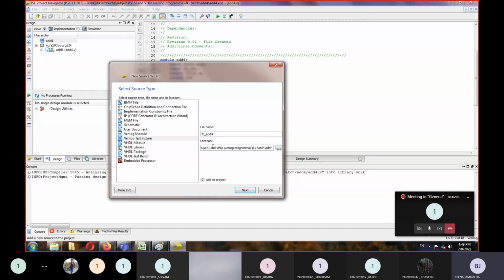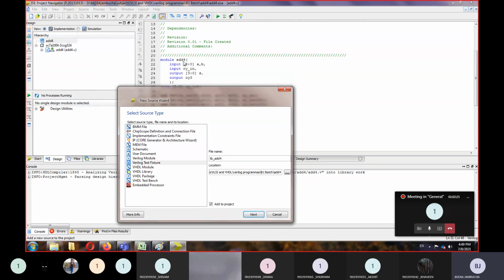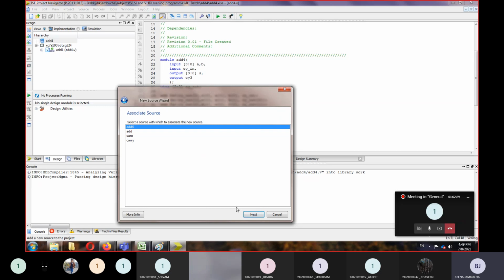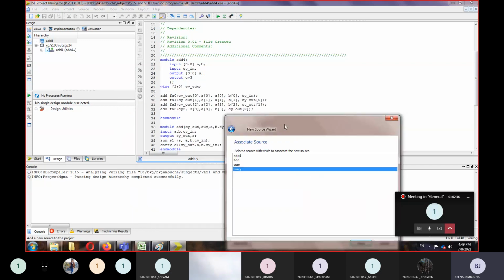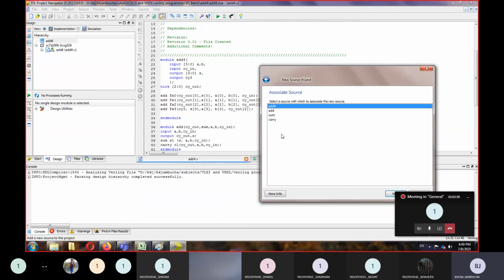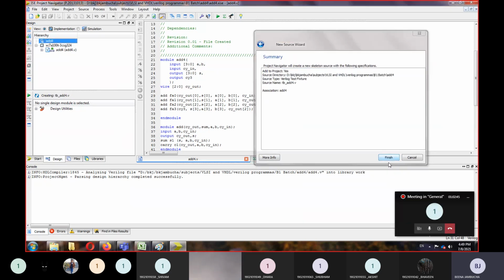It is the test bench for the module of add 4. What is the name of our main module? This add 4. Next, to which source we want to associate it, whether it is add, whether it is sum, whether it is carry? No, we want to associate it with the add 4 main module. Next, and finish.